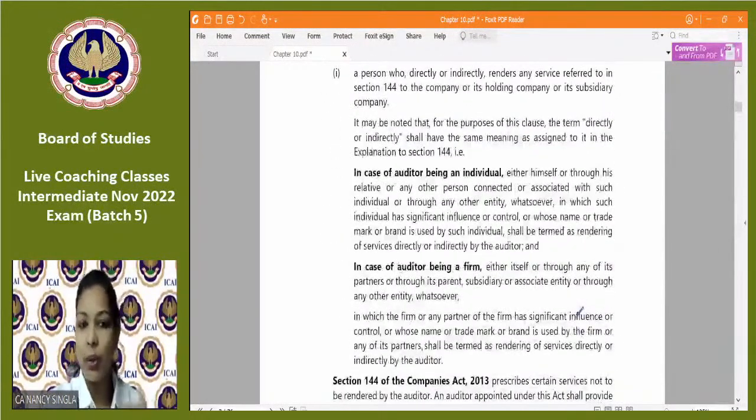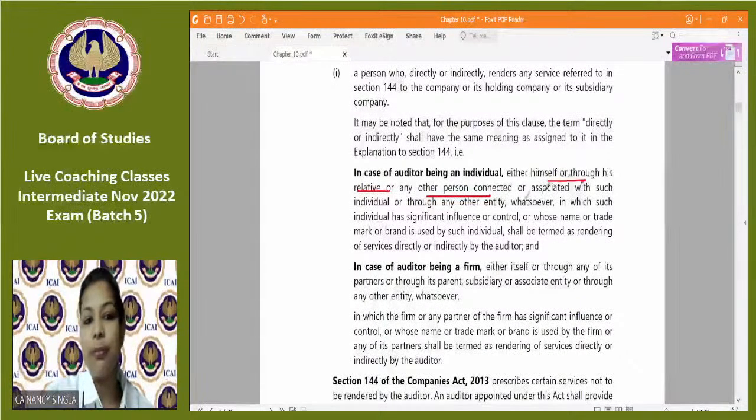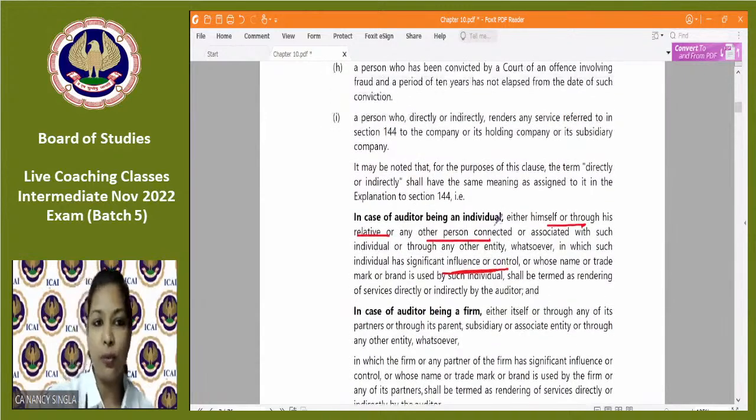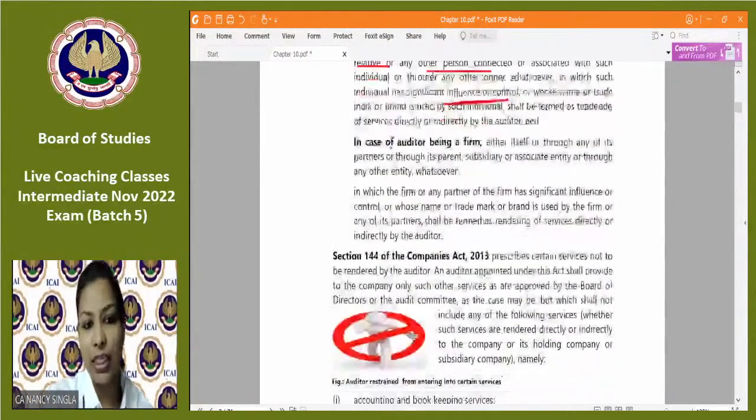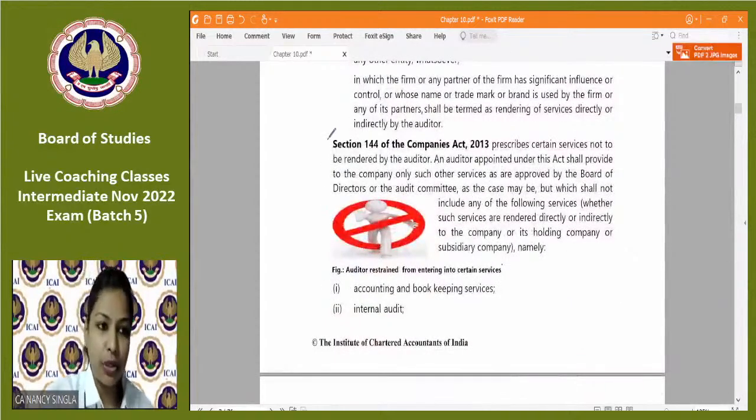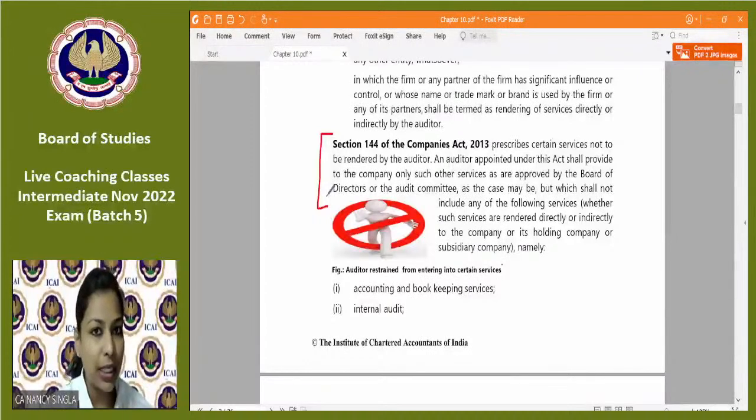एंड लास्ट, अगर कोई भी सर्विसेज डायरेक्टली या इनडायरेक्टली रेंडर करते हैं, सेक्शन 144 की, डायरेक्टली इनडायरेक्टली को यहाँ पे एक्सप्लेन किया है, विच वी हैव डिस्कस्ड कि इधर बाय हिमसेल्फ या रिलेटिव के थ्रू, या किसी भी फॉर्म में जहां पे आपका सिग्निफिकेंट इन्फ्लुएंस हो रहा है, तो उसके थ्रू भी करोगे, किसको, कंपनी को, सब्सिडरी को, या होल्डिंग को, यहाँ पे तीन चीजें हैं, कंपनी, होल्डिंग, सब्सिडरी, तो इनएलिजिबिलिटी आ जाएगा सेक्शन 144।